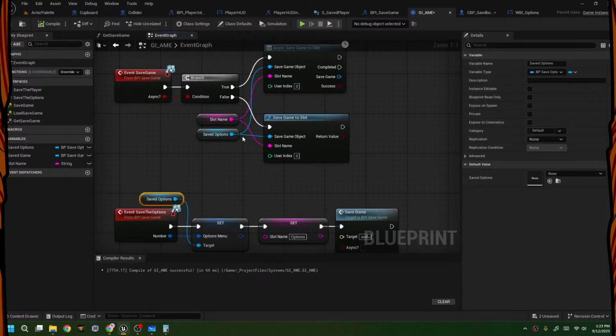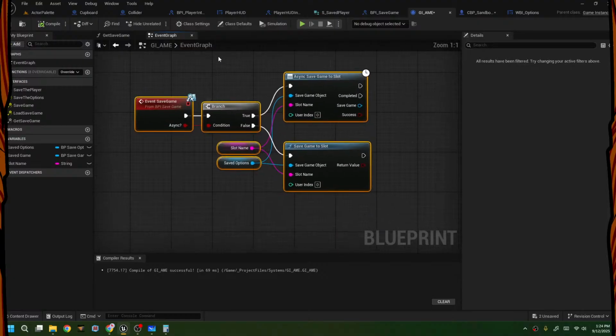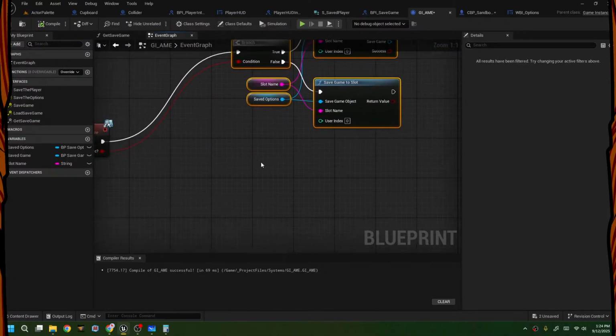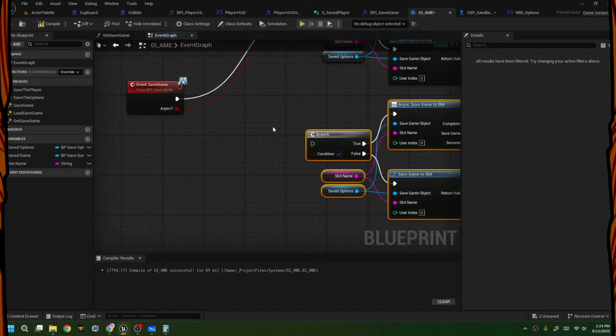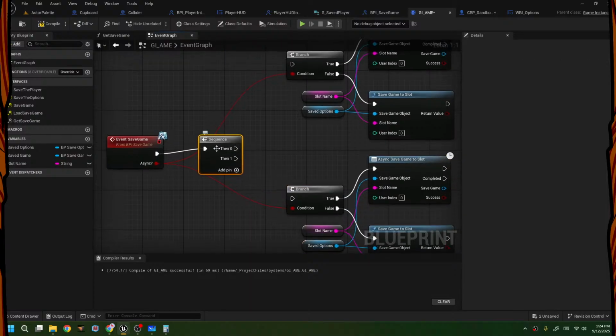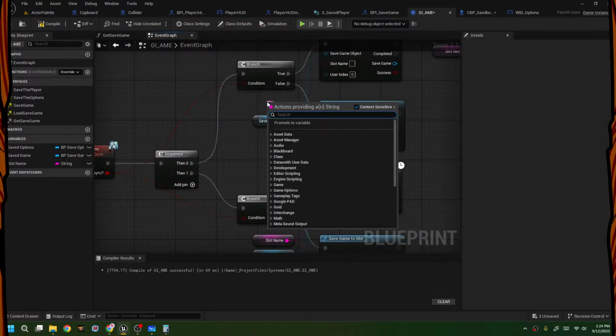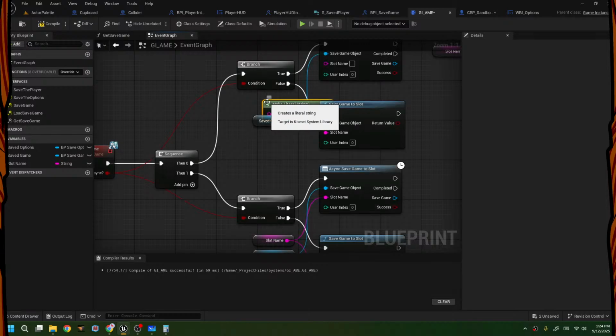Oh, is it this? I think it's this. I don't know. Probably it's this. Let me expand on this as well. So we're going to move it over here, and then duplicate this and move this one over here. This one will be the other branch sequence. Over there, and instead of the slot name, we're going to make a literal name, make literal string. And this is going to be the